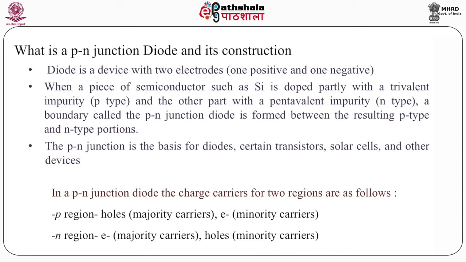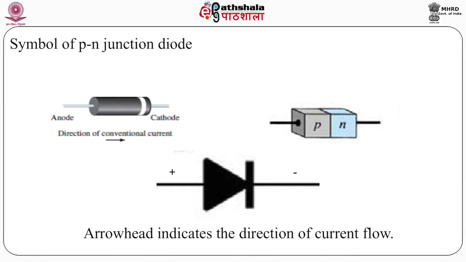But when you talk about a diode, it is basically a term which can be explained by dividing it into two terms, di and ode. Di means two and ode comes from the term electrode. So ideally a diode has two terminals or electrodes, one connected to the p-type and another connected to the n-type. A PN junction diode is formed using a semiconductor such as silicon or germanium depending upon our requirement. The p and n-type regions are referred to as anode and cathode respectively. Anode is for positive, cathode is for negative.